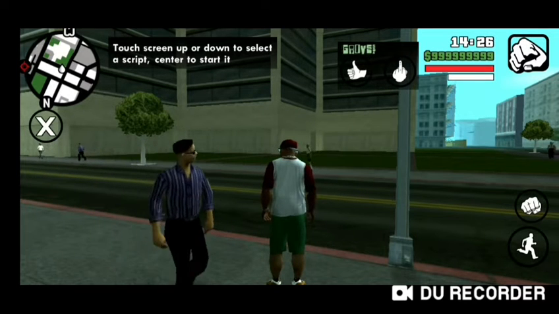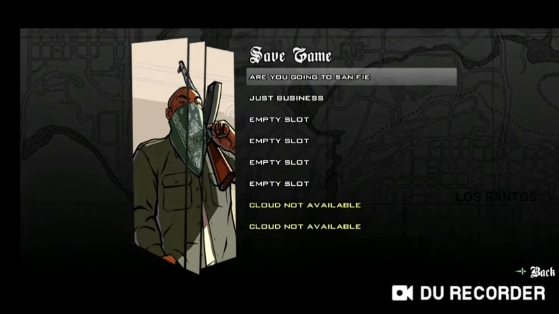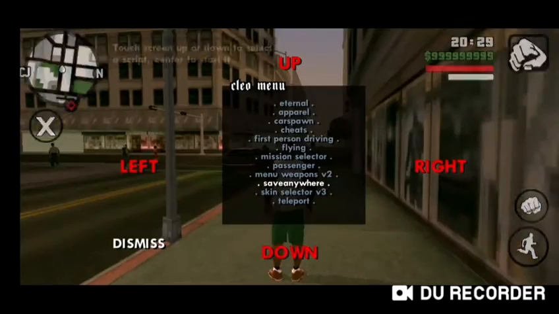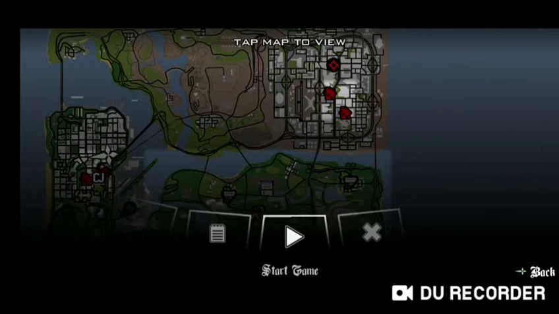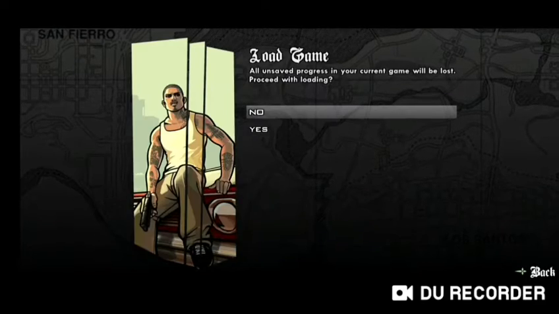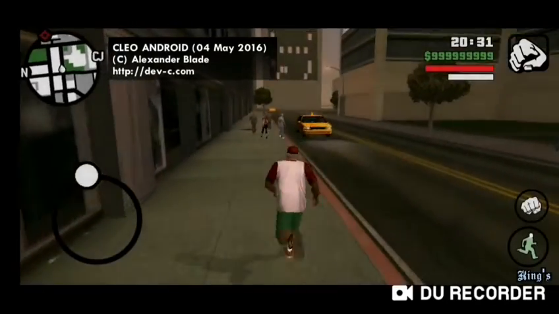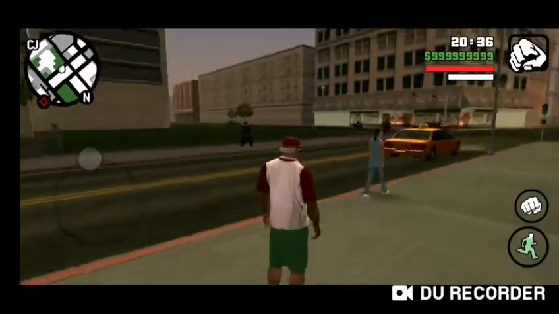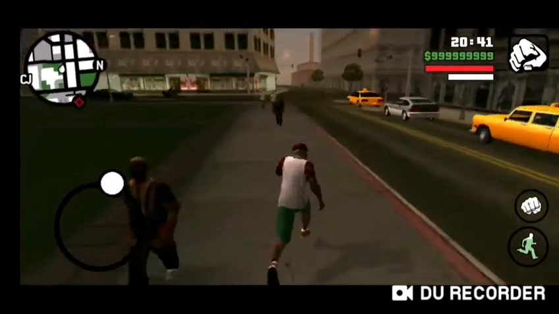You see this cross sign right here, you click on it, then you have all the save options right here. I'm just gonna save it again. There we go, saved it. Now I'll load the game again just to show you. There we go, we'll load the game right now, and CJ will be in the exact same position that we saved the game. We saved the game here. CJ was here. So the save anywhere mod is gonna help you a lot while you are playing the game.